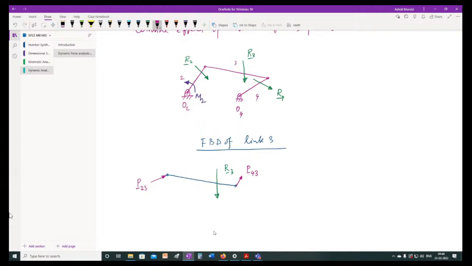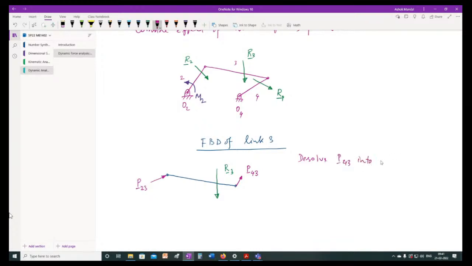Okay, so this completes the free body diagram of this link 3. Now what we will do, now we will dissolve this P43